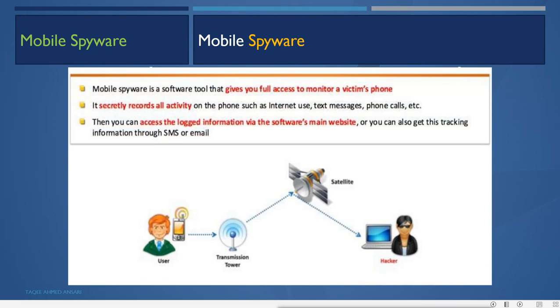So very simple, what the attackers do is they will send you the spyware tool, the application. It is in the form of an application and it will ask you to install that application in your mobile. They use social engineering to do this. When you install that malicious application into your mobile, that application will start sending the information to an online server, and from that online server the attacker can get your information. It can see all of your text messages, phone calls and other information of your phone.